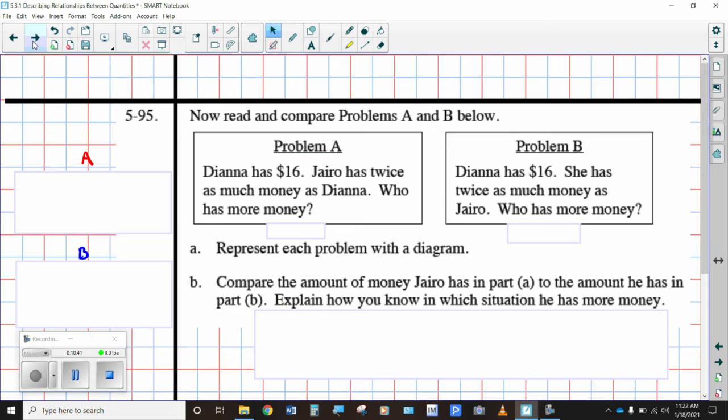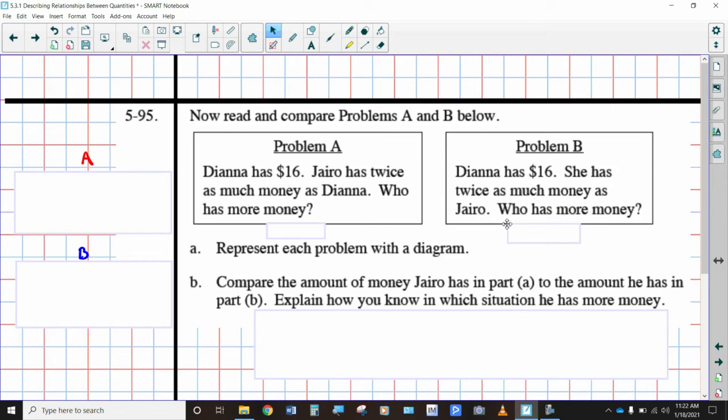All right, now let's talk about Diana and Hiro. Let me go ahead and get rid of this guy right there. Okay, so problem A. Diana has $16. Hiro has twice as much money as Diana. Who has more money? Problem B says Diana has $16. She has twice as much money as Hiro. Who has more money? Okay, so what we're going to start with is representing a diagram for this situation,